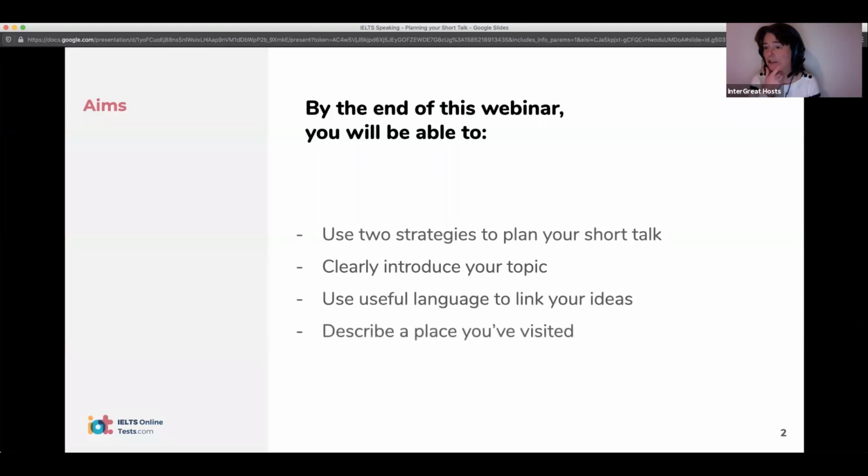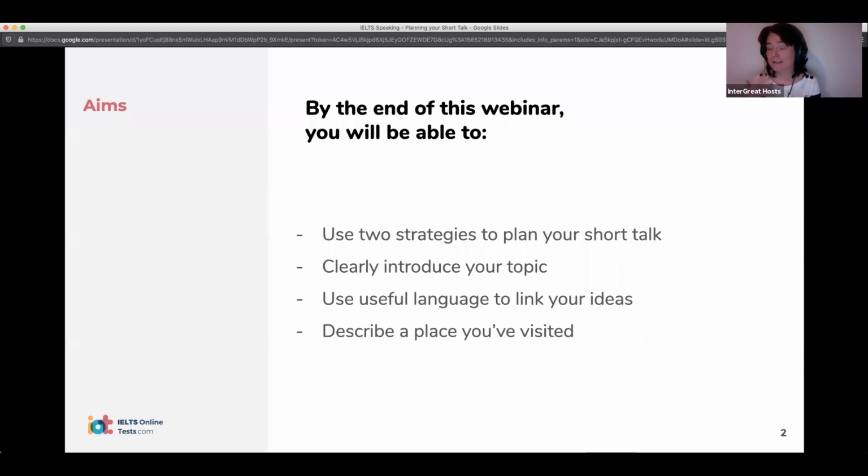So what we're going to look at, particularly with the part 2, is one type of question, which is describing a place, because that's a very, very common topic in the IELTS. And then we're also going to look at ways to plan your talk, because one of the biggest problems